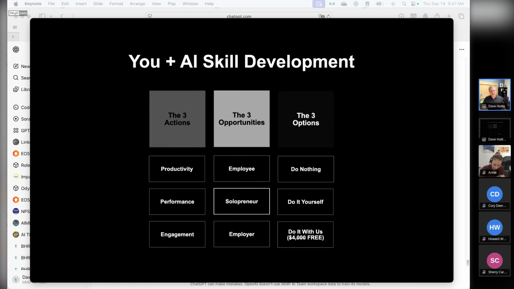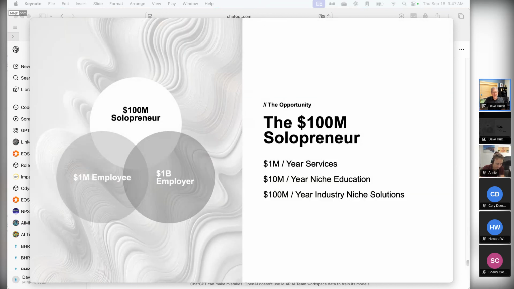AI Workflow Master opportunity 2 is for the solopreneurs in the room: the freelancers, consultants, designers, and specialists who support print shops from the outside. I didn't see any of those in our earlier survey, so we won't spend much time here today. However, it's worth noting, experts are saying that in the next few